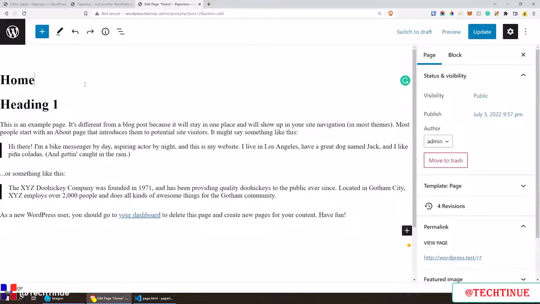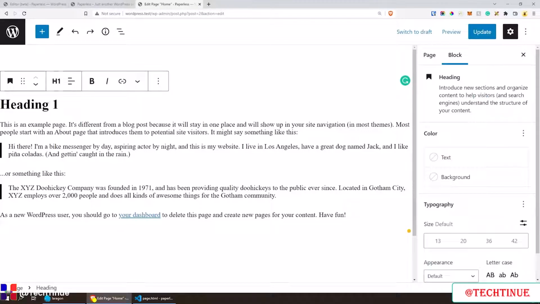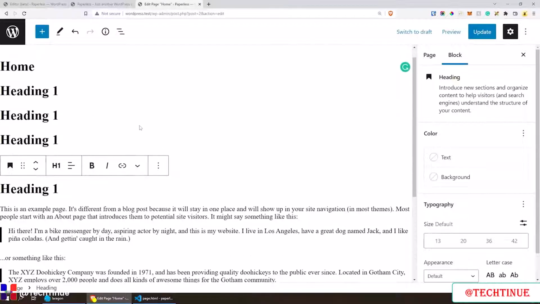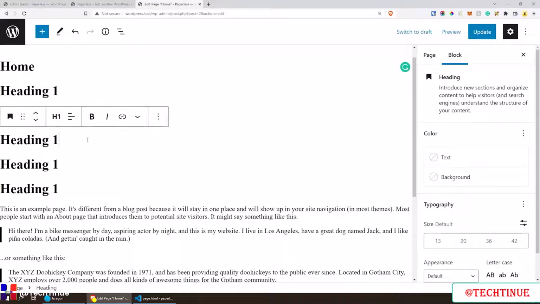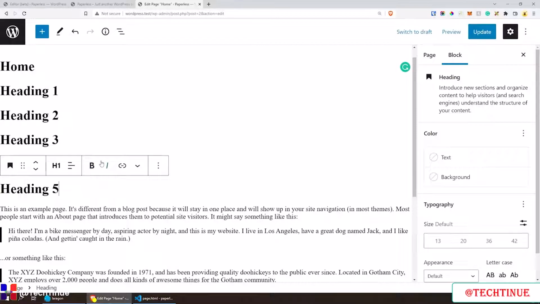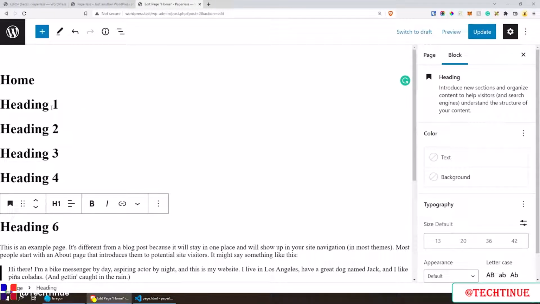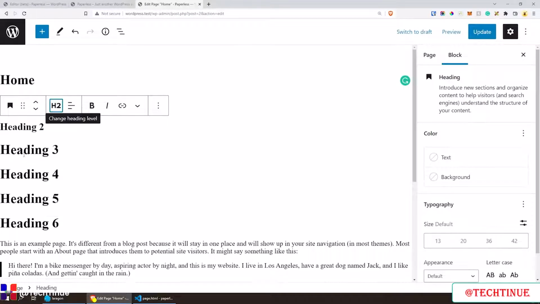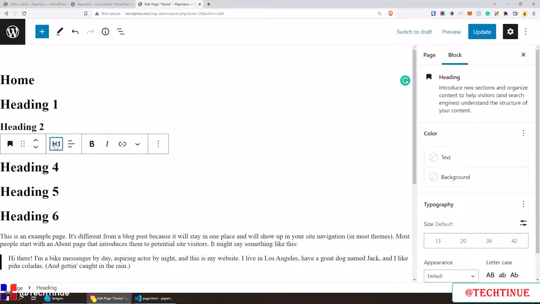So what we can do is create a couple of headings first of all, and we already have a paragraph. Maybe we can add a button and so on. So in order to duplicate this heading, I can do Ctrl+Shift+D. And as you can see, this is duplicated. So I can duplicate this a couple of times. Maybe we can have heading 2, heading 3, heading 4, and heading 5. I know they don't look very good at the moment, but that's absolutely fine. We're gonna edit absolutely everything and make it look nice. And I think there is one more heading. So let's do heading 6 as well. And of course, we're gonna need to change those settings. So this is heading 1, this is heading 2, this is heading 3, this is heading 4,